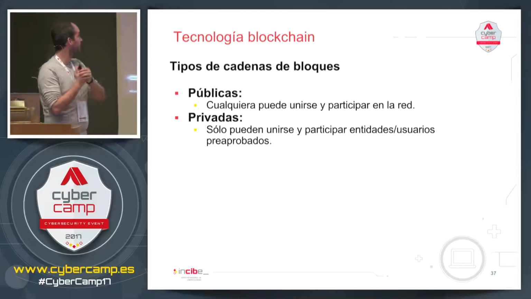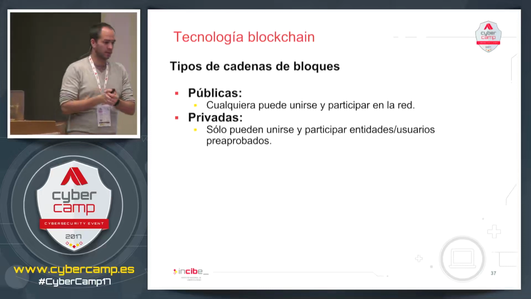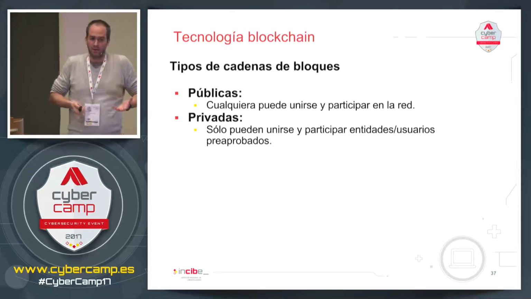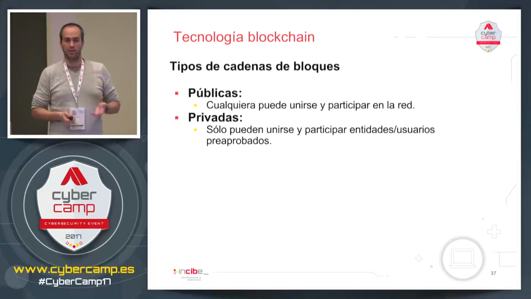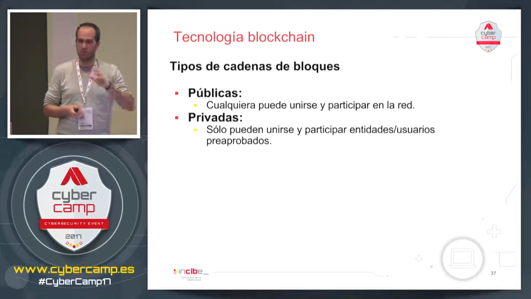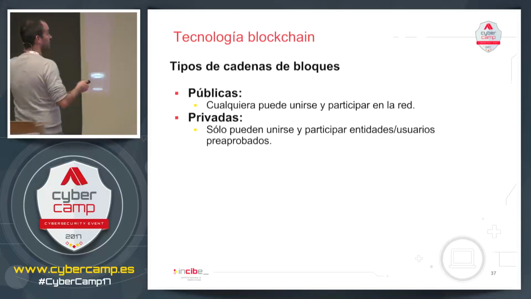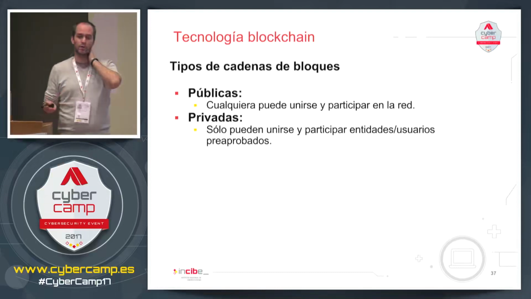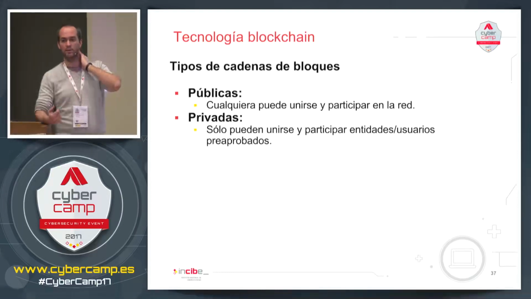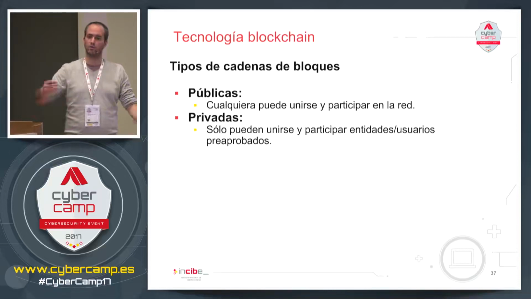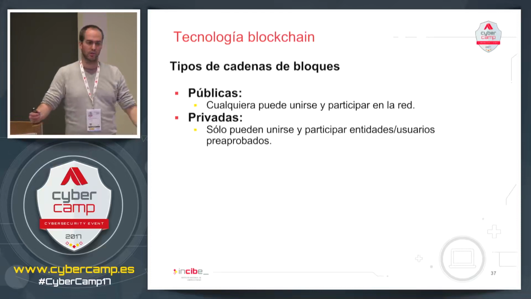The type of blockchains, we've got public and private ones. The public blockchains, which anybody can join and take part in, and in theory can play any role. The private ones are those that can only use users that have been authorized to join. Blockchain between banks, for example. It's only if you're a bank that you can join that chain.